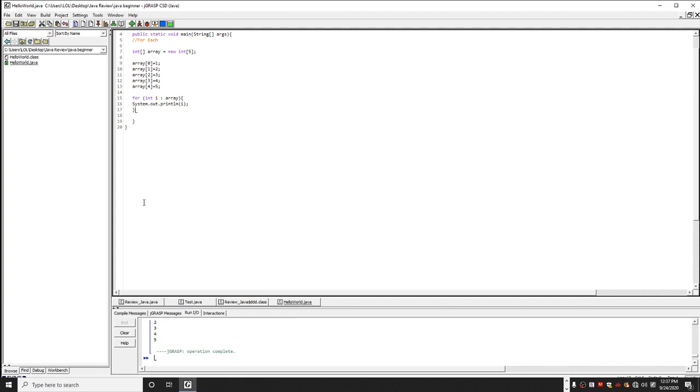Now what this program does is it initializes an array of size 5. And here we've set the values for the array. And then here, the for each. What for each does is, for each element of the array, with indices 0, 1, 2, 3, 4,